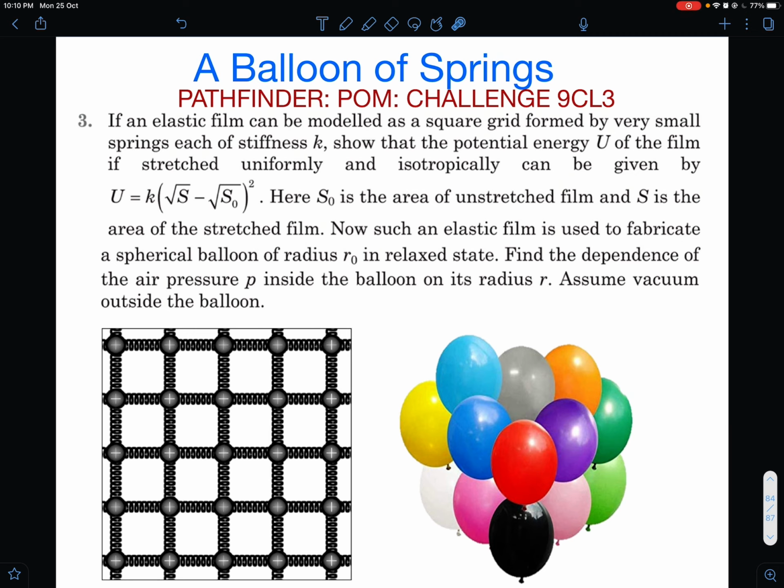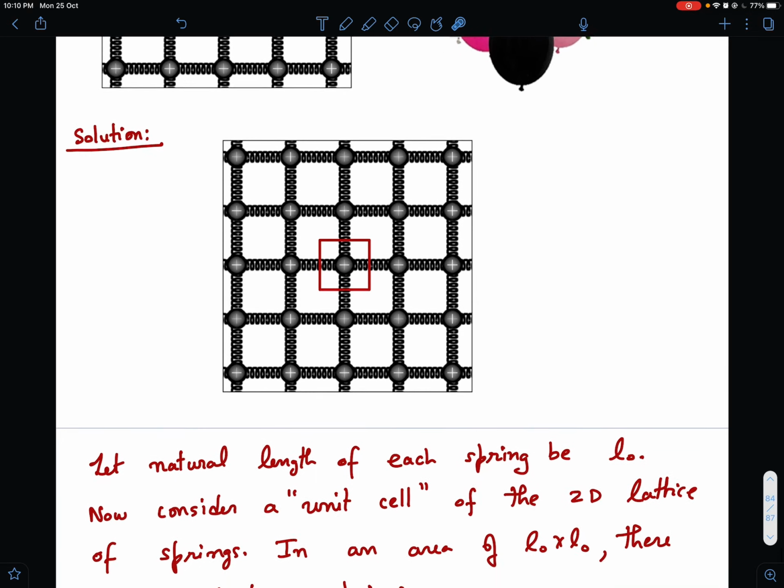If you want, you can pause the video now and try out this challenge. It's a very interesting challenge, and I believe that it's not that tough, although it's there in the Challenge Your Understanding portion. So please do give it a try, and some of you will be able to get it in less than 5 minutes, I believe. Then you can have a look at my solution. I'll get into my analysis right now.